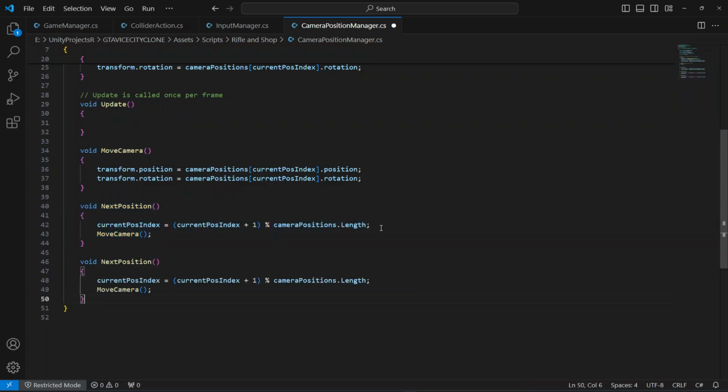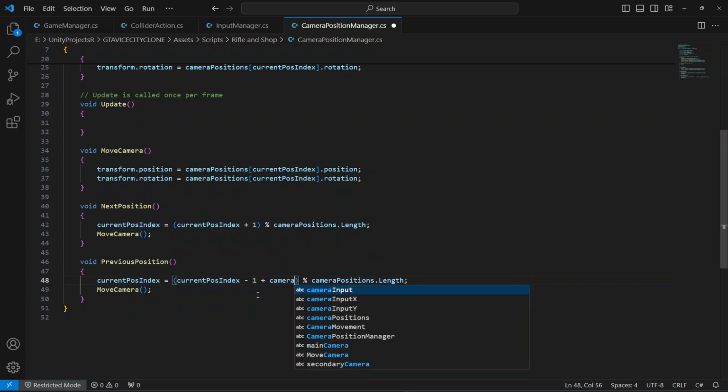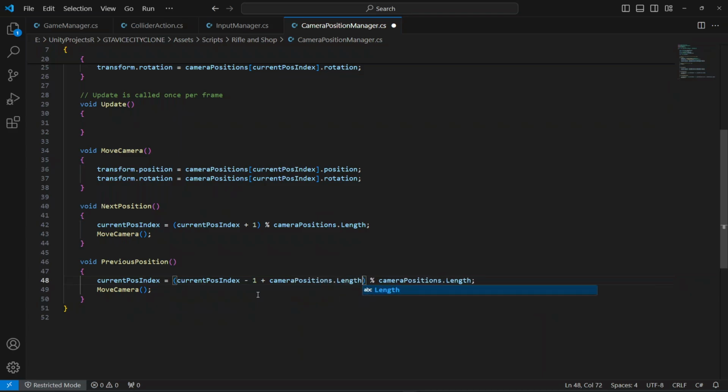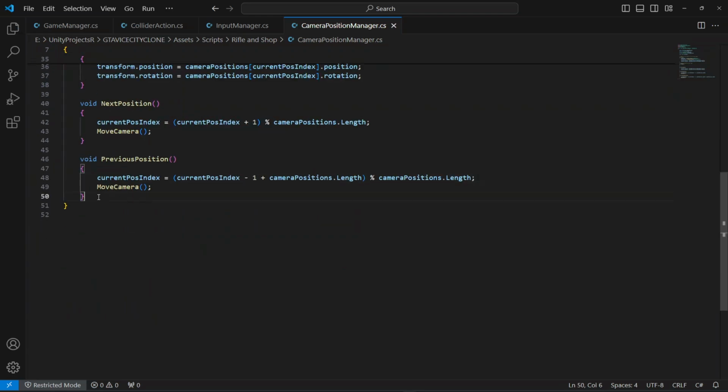Okay, and now let's create a method for moving to the previous rifle. So I'm going to copy that, paste it, change its name to previous position, and right here we're going to say -1 and then plus camera positions dot length. That's it. Then let's create a method for buying the rifle as well. So I'm going to name this method as buy